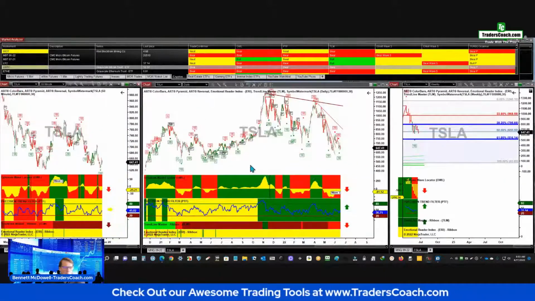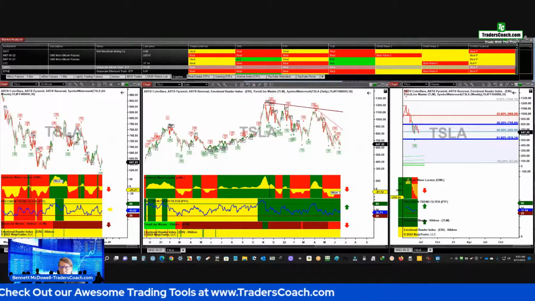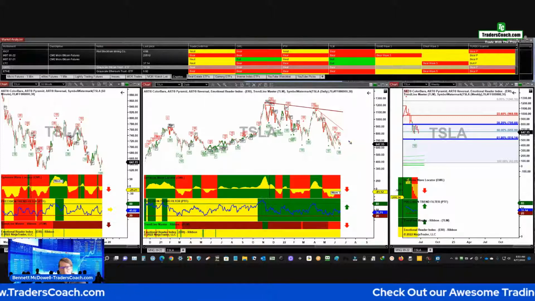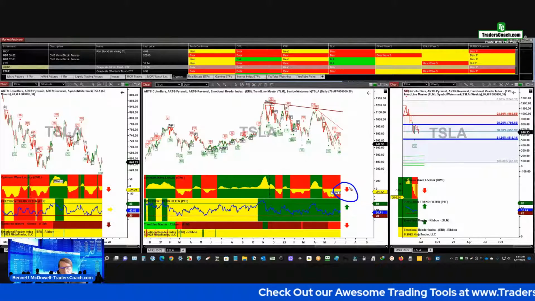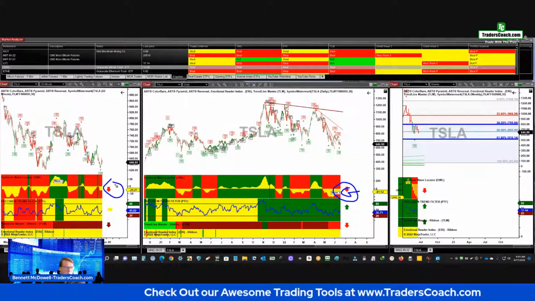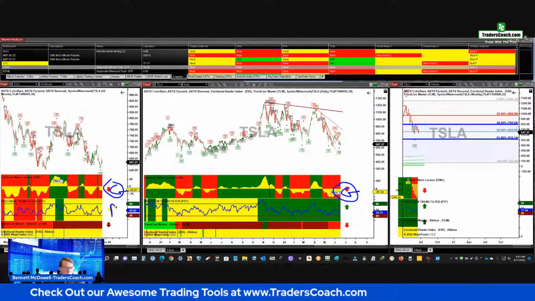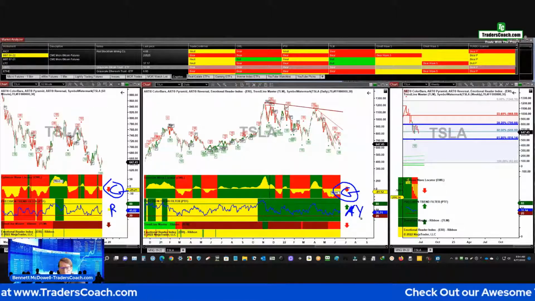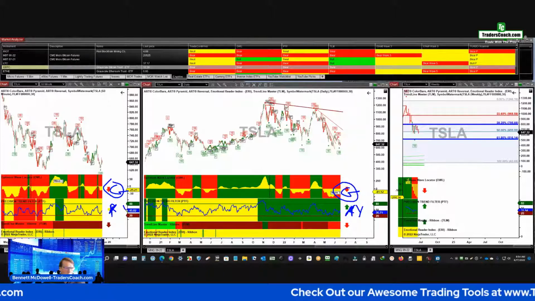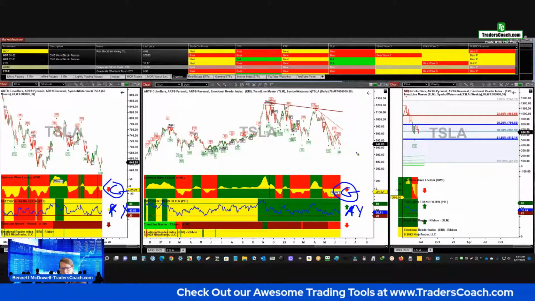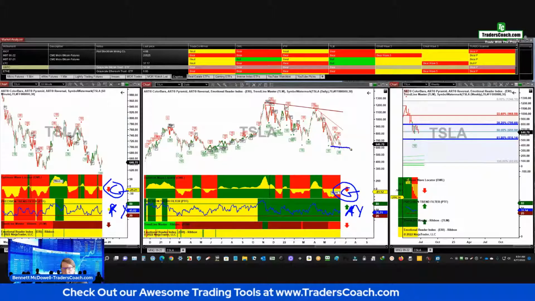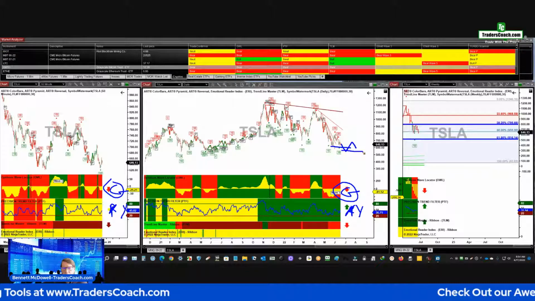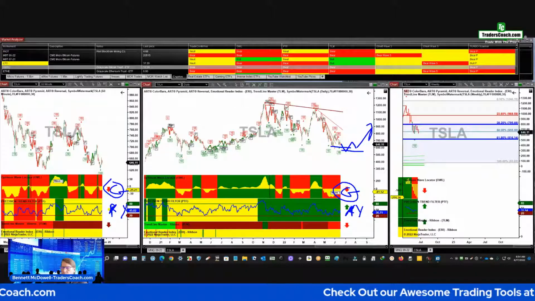Okay, so we got a bullish PTF on the daily, liking that, because you're going to have a wave 4 with a bullish PTF the entire time. That's not unusual. So what I would wait is I'd wait for this to go green. This has to be green. Make sure this does not go red. And make sure this one stays green or yellow. So yellow is okay to go long. Red would not be. So I would say, let's see if this bottom holds, if we get one more low, wait for the breakup, wait for the pullback, and see if the next bottom holds and then go.